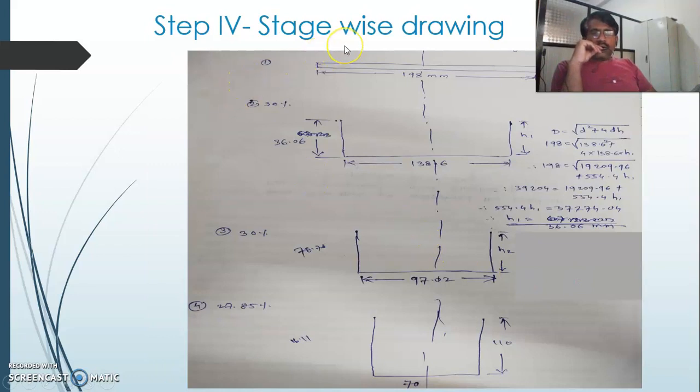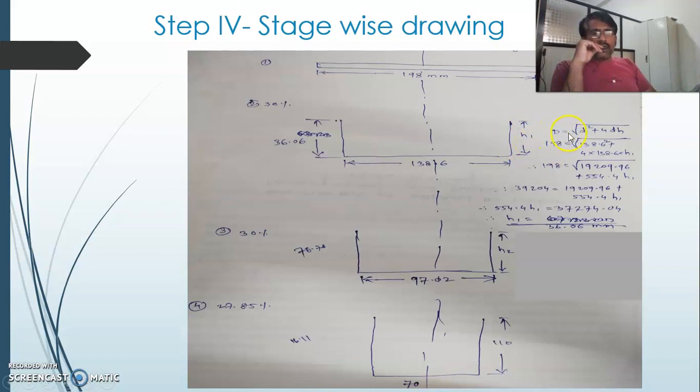Now step number 4 is to draw the stage-wise drawing once our percentage reduction stage is complete. By considering that percentage reduction, we have to draw the stage-wise drawing. Stage 1: we consider the blank of 198 mm size. Then the first reduction we make by 30%, and we have to draw a cup. For that cup the blank size is known to us, that is 138.6 diameter. By 30% reduction we know this value, but the height is not known to us, so we need to calculate it. For that purpose we again apply the same formula,